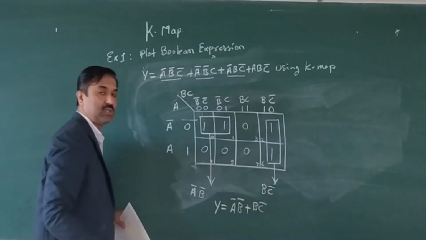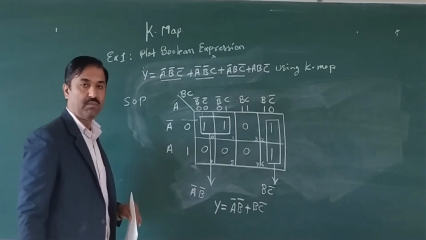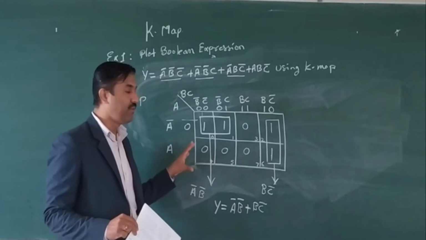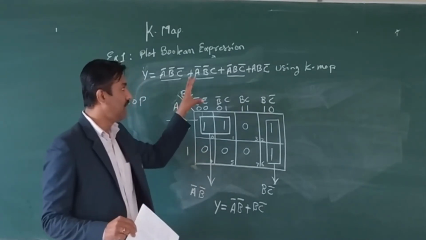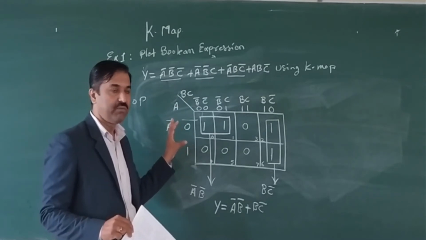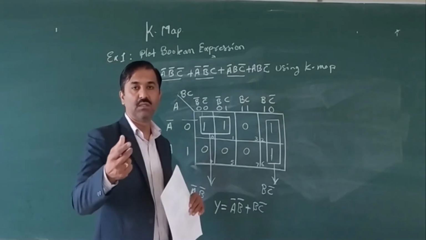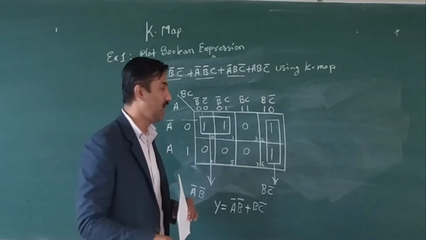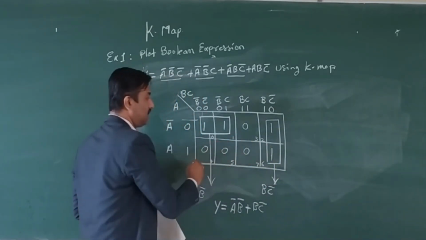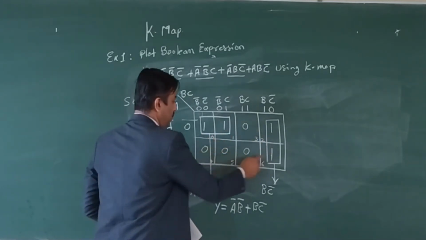Why? Because our expression will be in which form? The sum of product form. Getting? So this is how we simplify the given Boolean expression using K-map for three variables. Hope you have understood this problem. Okay, fine. Some of the students may have a doubt that in the folding rule, you had told, sir, that if I fold this, this one will come here and this one will come here.